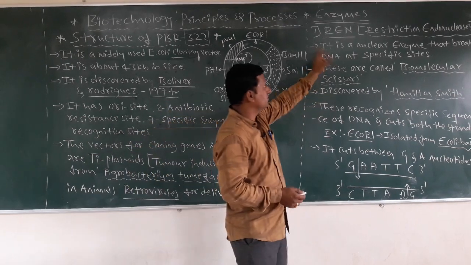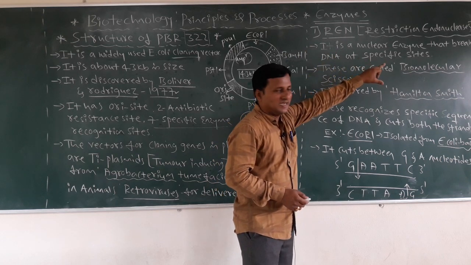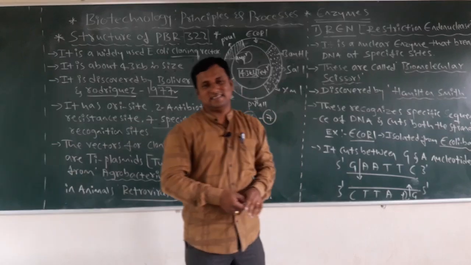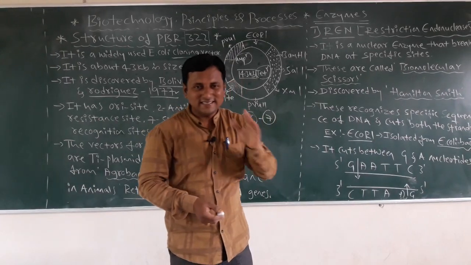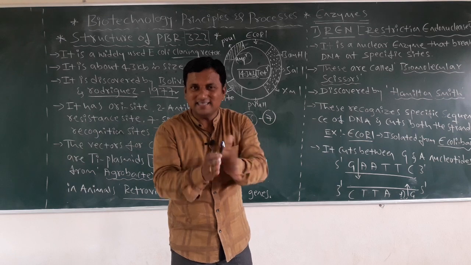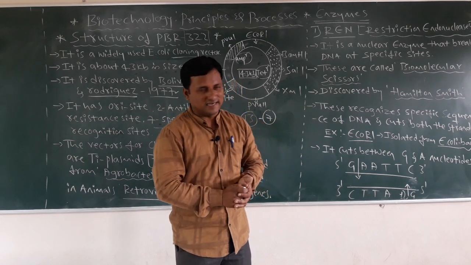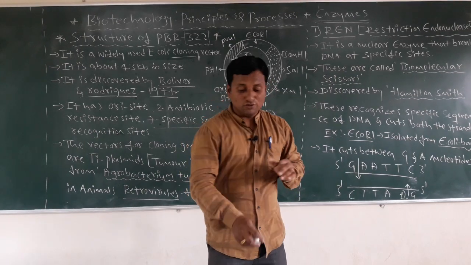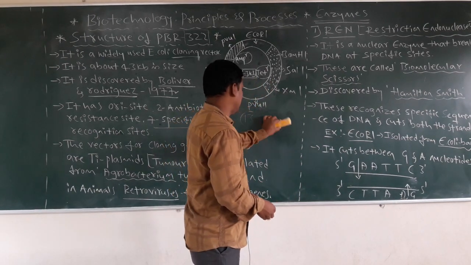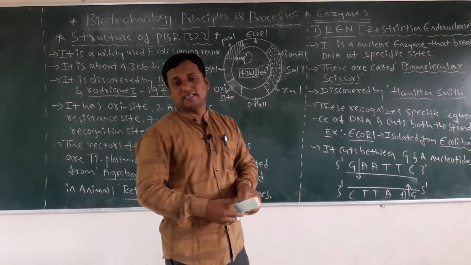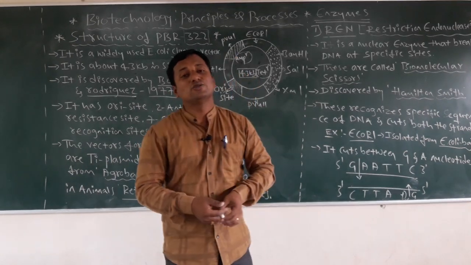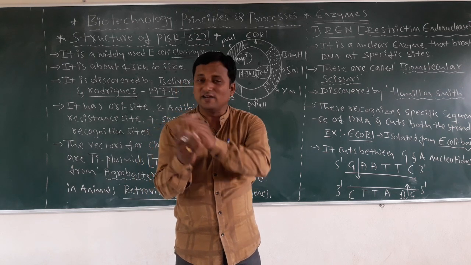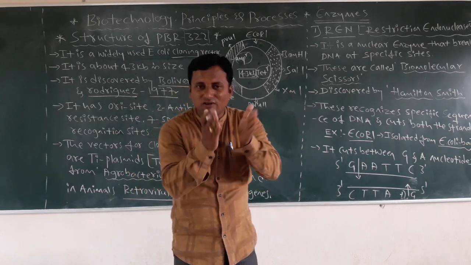Then, what is that? It is a nuclear enzyme that breaks DNA at specific sites. A nuclear enzyme means it is present in the nucleus. And it breaks DNA at specific sites, because you must remember there are so many sites. Those sites are the nucleotides or nitrogen bases. Those nitrogen bases in DNA and RNA are different. In DNA we call them